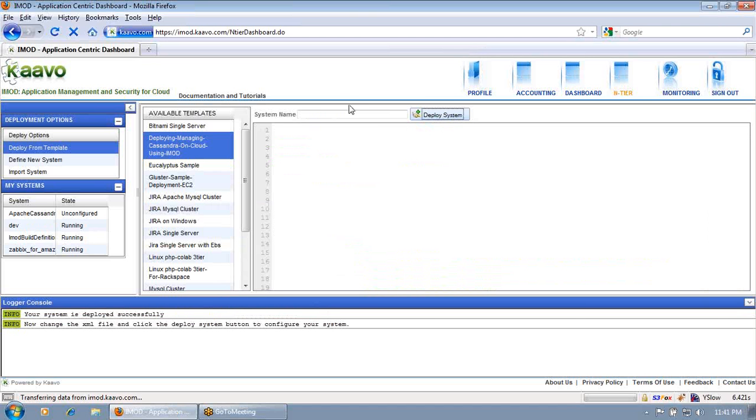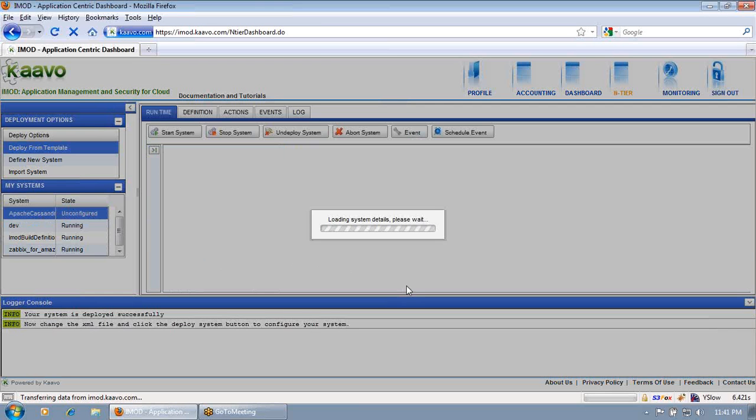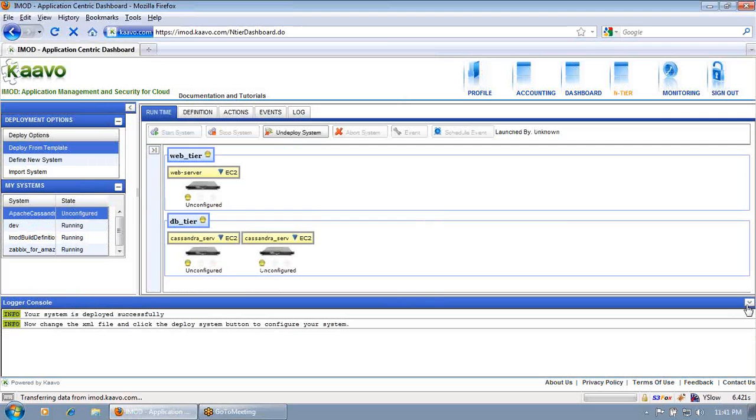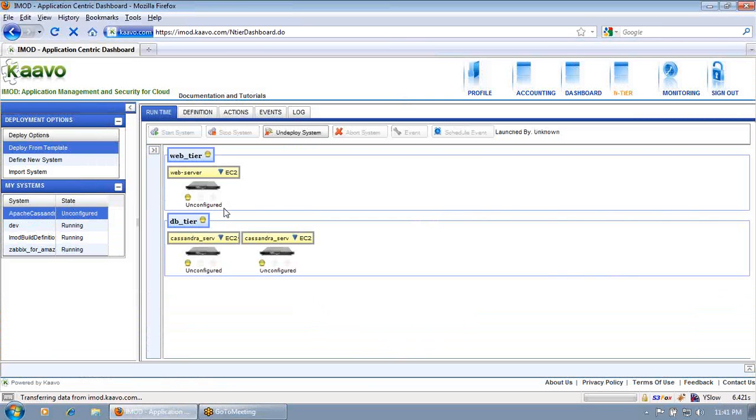Once it is deployed, the deployed system is shown on the left hand side. So this is the deployed system. Right now it is unconfigured. You have to configure this system before starting it.